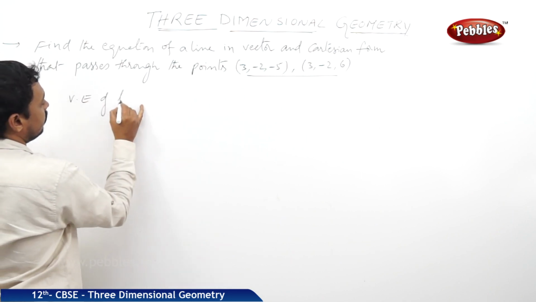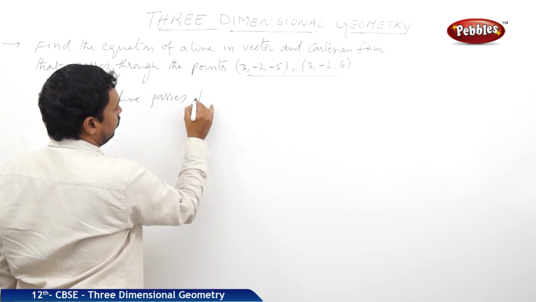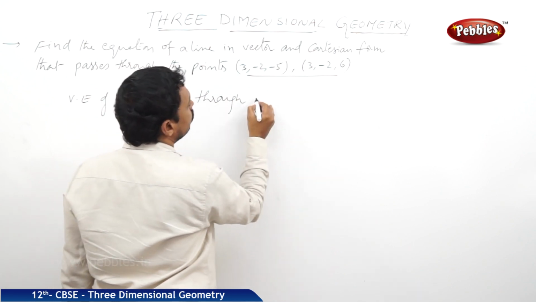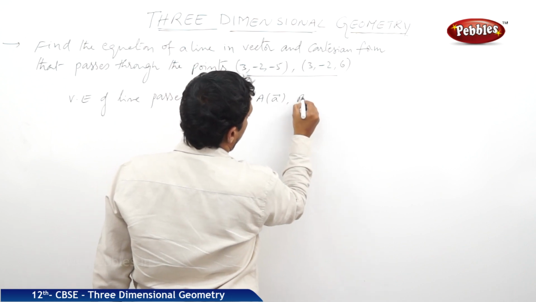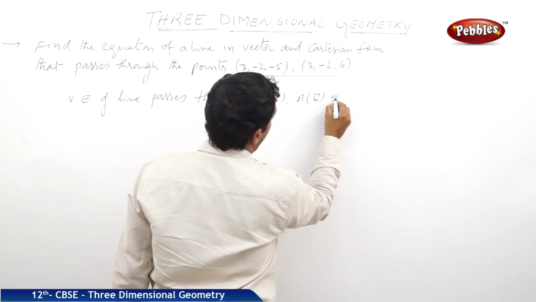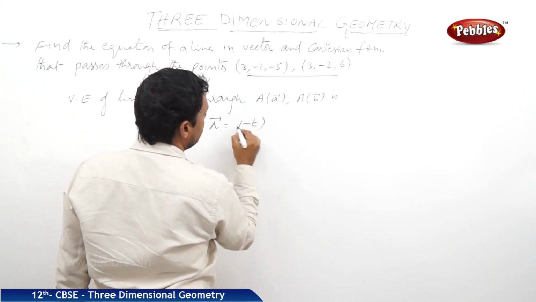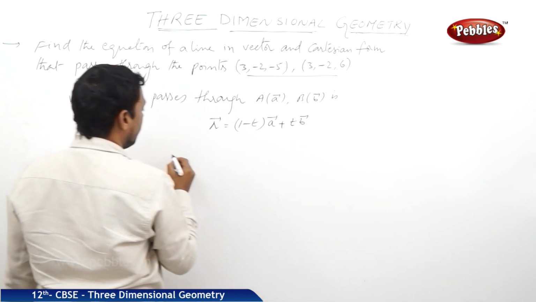The vector equation of a line passing through 2 points A with position vector A bar and B with position vector B bar is r bar is equal to 1 minus t into A bar plus t into B bar, where here